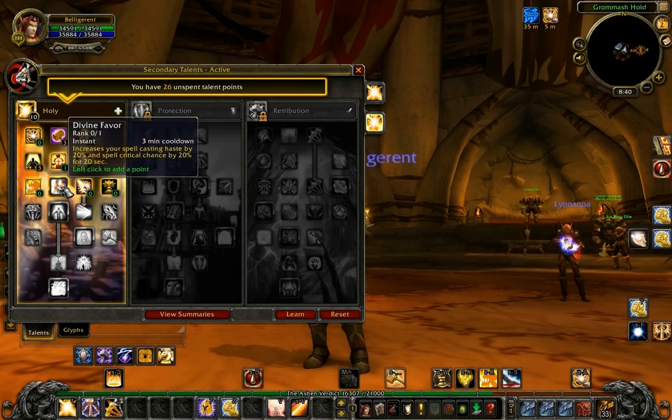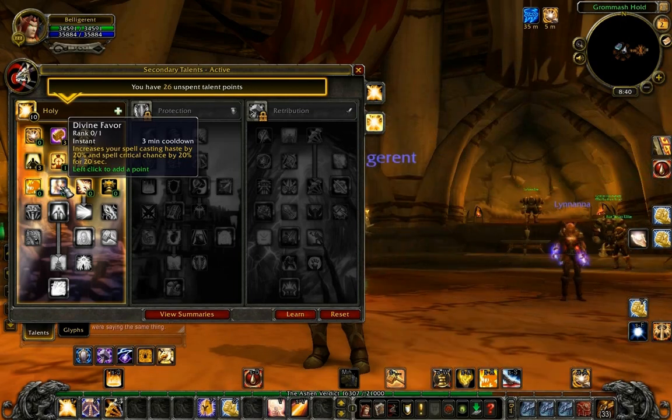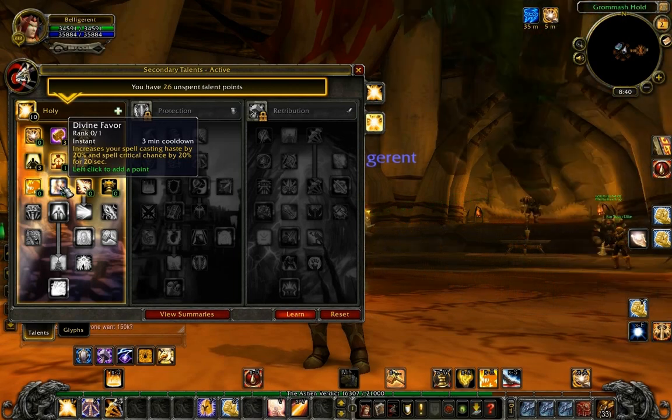Next here is Divine Favor. Divine Favor, as everybody knows, used to make your next Holy Shock, Flash of Light, or Holy Light a critical. Now what they've done is they pretty much made it like Elemental Mastery for Elemental Shamans, and if you don't know what that is, what it does is it increases your haste by 20% and your chance to crit by 20% for 20 seconds. And later I'll go over the Glyph that makes this an amazing, amazing spell. But Divine Favor now is...